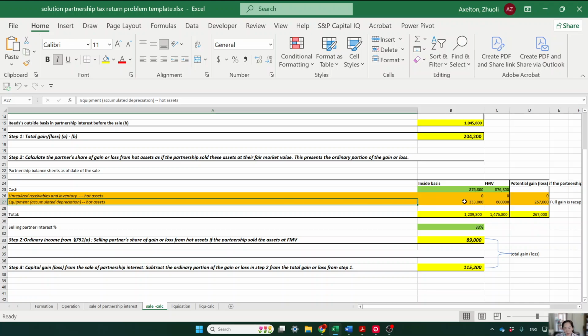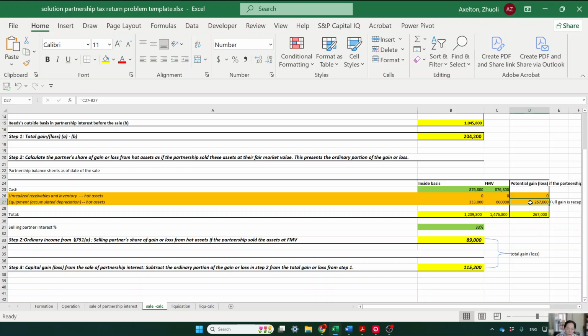So in this case, the only thing subject to the hot assets is the Section 1245 depreciation recapture. So what I'm going to do is link this back to the sale of partnership interest. In the sale of partnership interest, the inside basis is 333,000. The fair market value is 600,000. The total gain or loss is